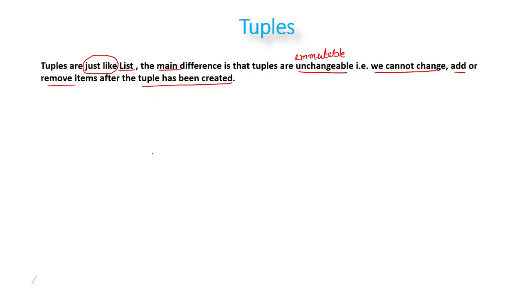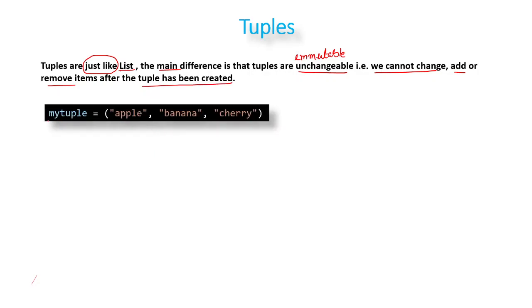So how do we create a tuple? We give the variable name, give the equals to sign, and then with open and close parentheses we provide the values or items to be present in the tuple. Please note that all the data inserted inside a tuple need not be of the same type. It can be of different types as well. Like if you want to define a tuple like this, 1, then 1.25, or a string called tuple, we can do this also. So there is no restriction on the type of data that should go inside a tuple.